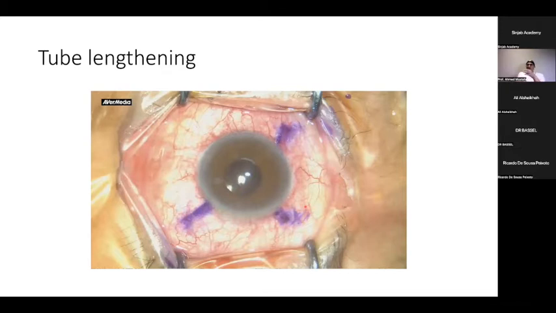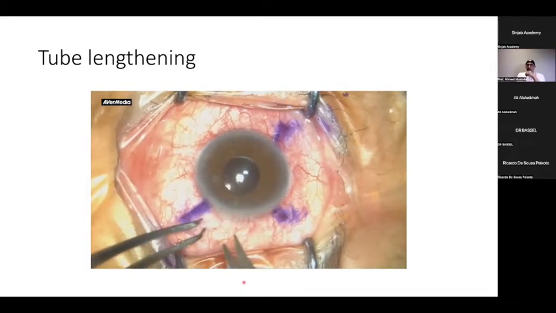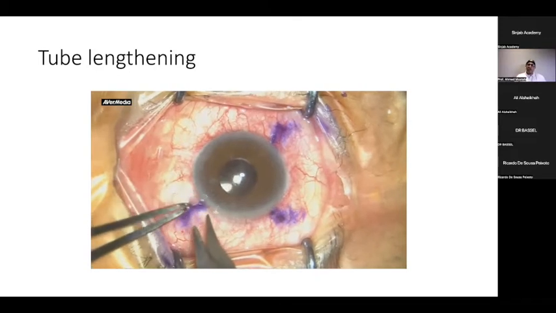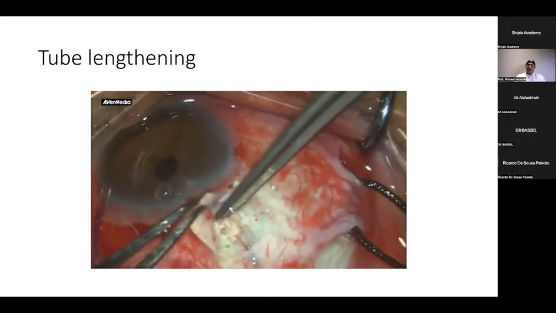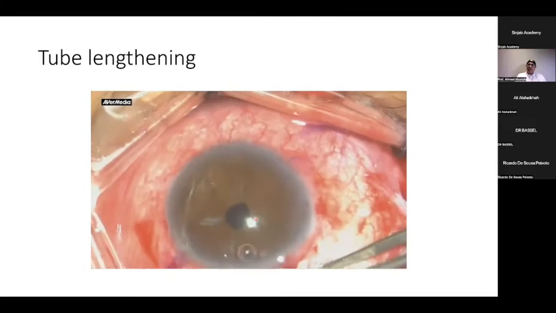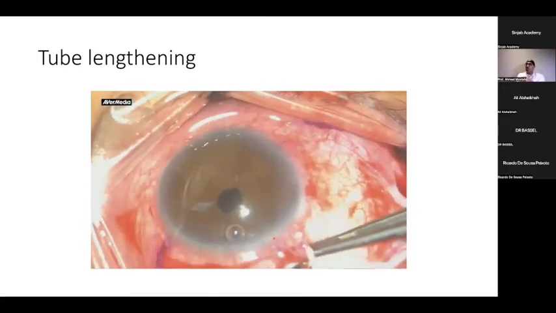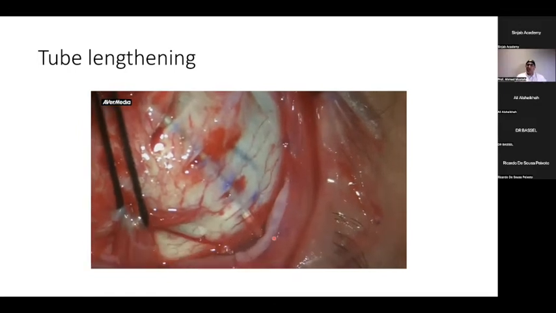Now, this is another point of view, that sometimes we need to have extra length of the tube. This extra length of the tube, you can observe intraoperatively. Now, I'm preparing for the implant. I used to put some marks, and then I'm placing the tube. And unfortunately, I'm not very satisfied with the length of the tube. And I'm still inside the OR. So what I have done, I just